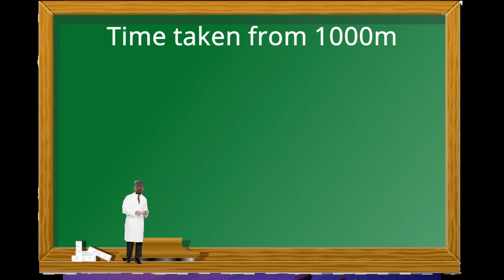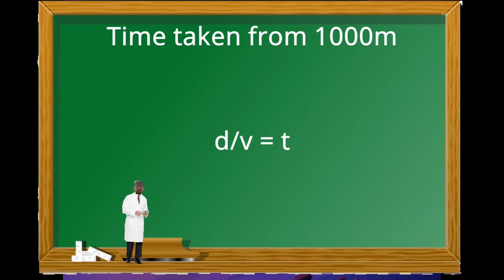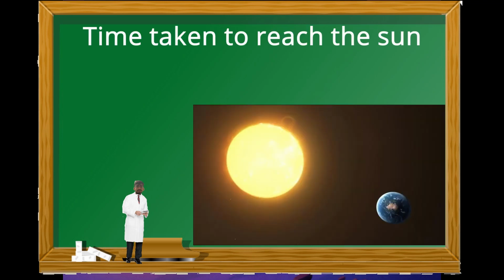But we can use the time taken. We can find out the time taken for it to move 1 kilometer or 1,000 meters. Using d over v equals t, we can see that it takes roughly 510 seconds to travel a kilometer. Distance from the Earth to the Sun is 151.7 million kilometers, give or take, which means that this silly little